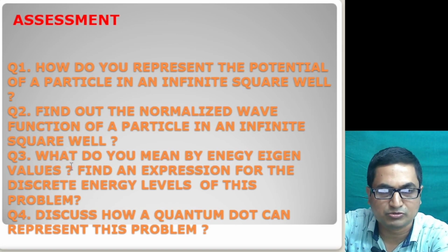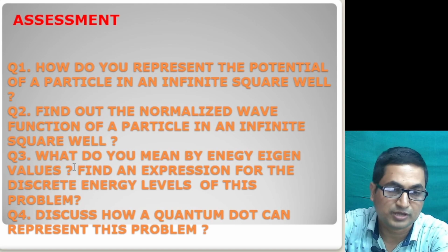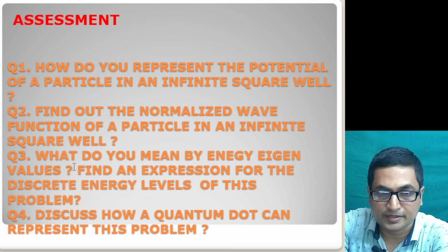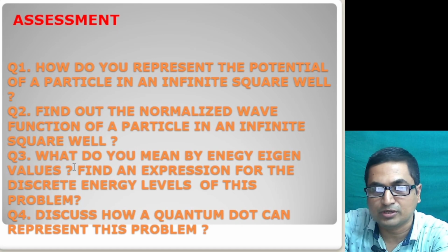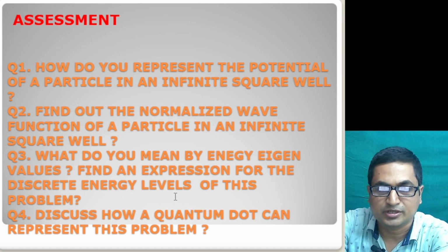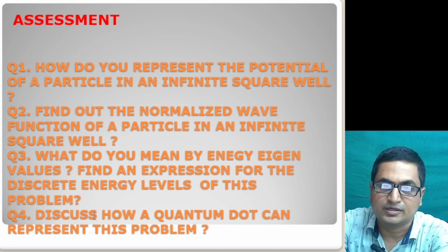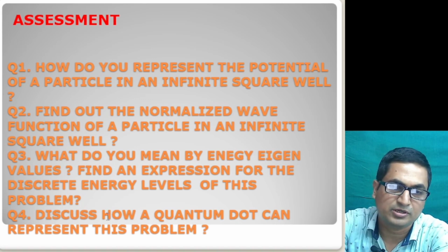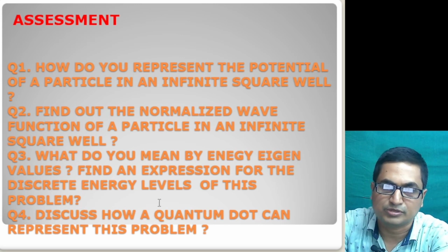Simply because the time independent Schrodinger equation is an eigenvalue equation, the eigenvalues that we get are known as energy eigenvalues, and the expression we have already given in equation number 9. Also, we have already discussed how a quantum dot can represent this problem as a true example. With this, I hope this video will help you understand